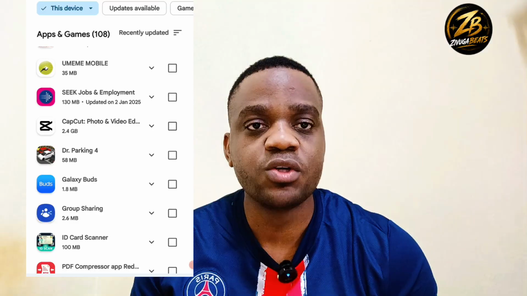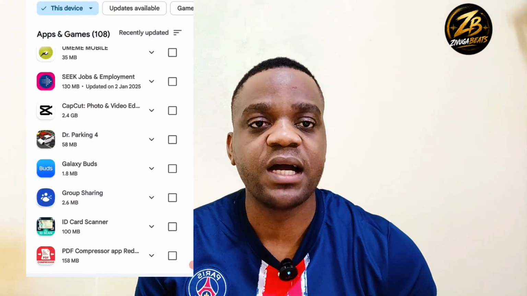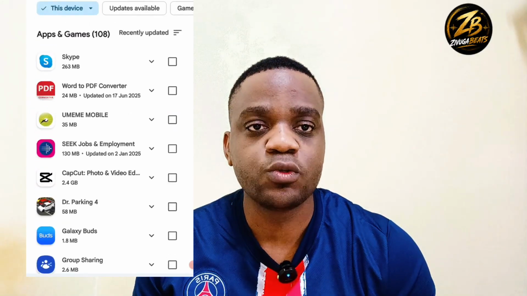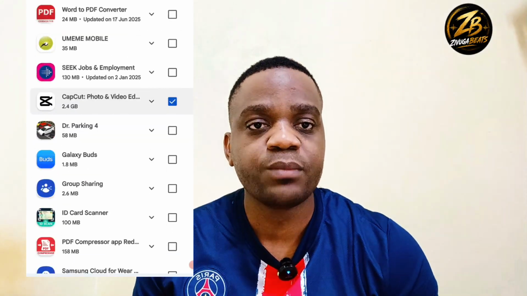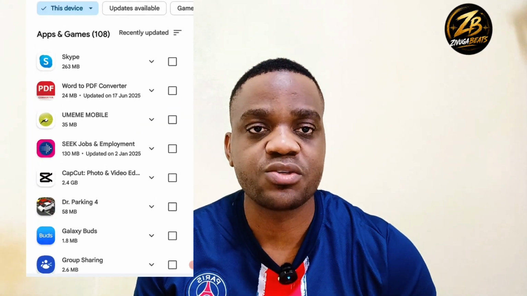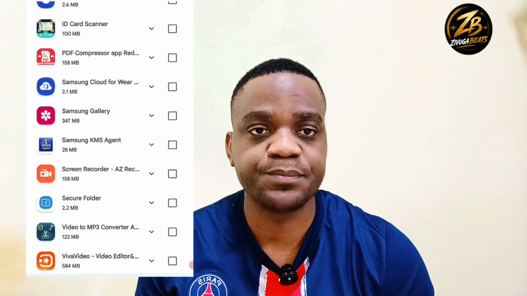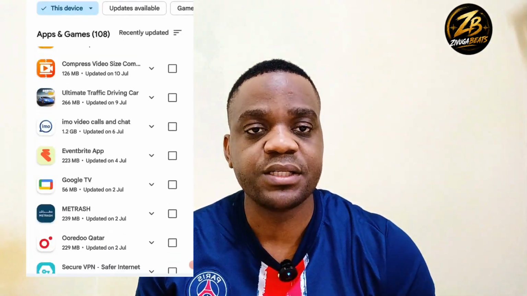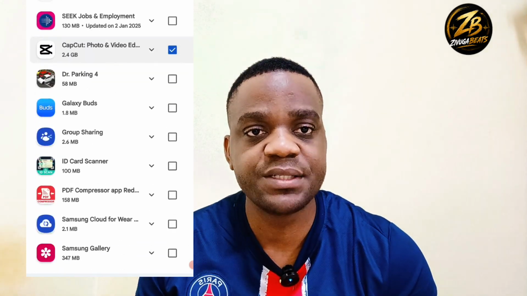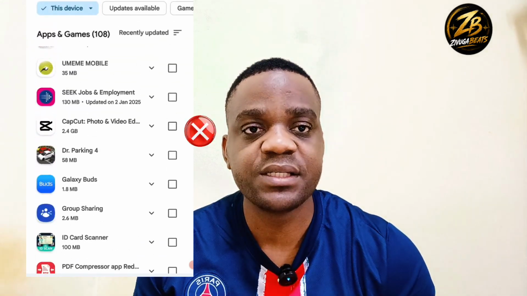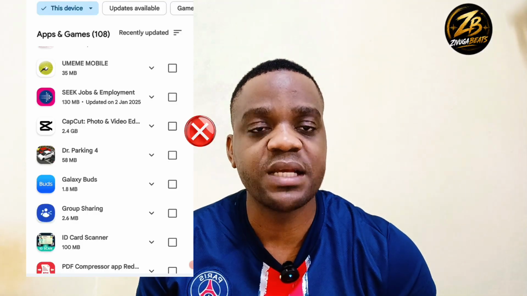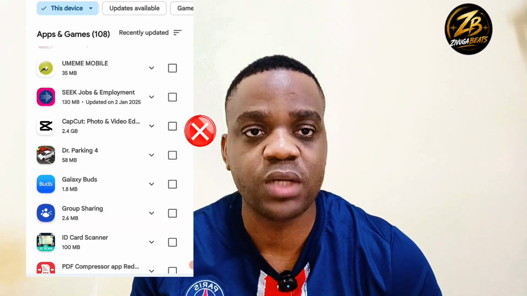Well, I told you, after installing the application for CapCut, you go to Play Store. You go to Manage Application. After going to Manage Application, you scroll and look for CapCut. Make sure you don't allow Play Store to update CapCut automatically. So just leave it. You just leave it to Play Store to update CapCut